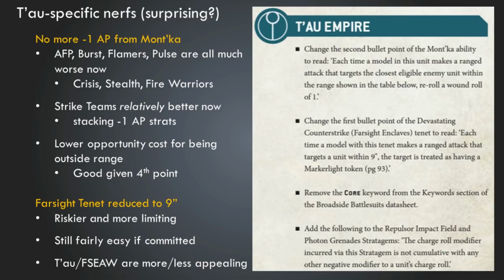And you still get the reroll a wound roll, which is good. But now the marker light benefit only applies within 9 inches instead of 12. And that's a pretty big deal considering you're putting yourself at much greater risk for charges and close combat, which, Tau right now are better at close combat than they've ever been before, and that's great. But we still don't really want to be in close combat. And so